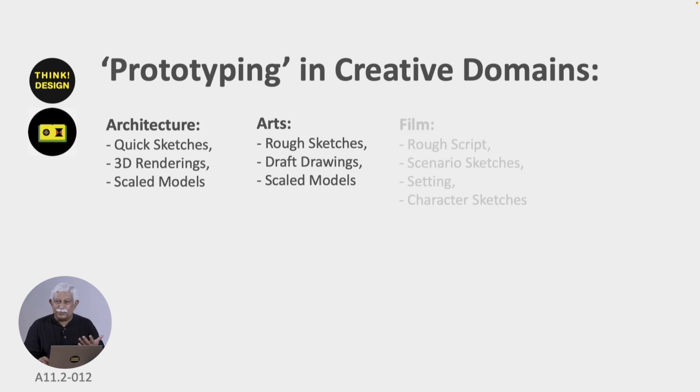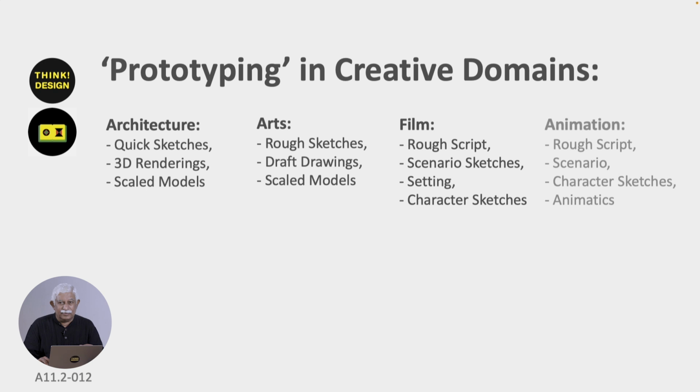Okay. In film also, you do a rough script, you can make scenario sketches, you can think of what the setting is, maybe make a model out of it, and if there are characters, you can actually sketch these characters, right. And in animation, you make a rough script, you create a scenario, you actually make scenes of this scenario